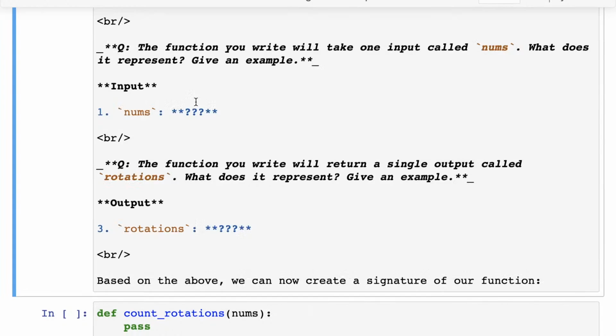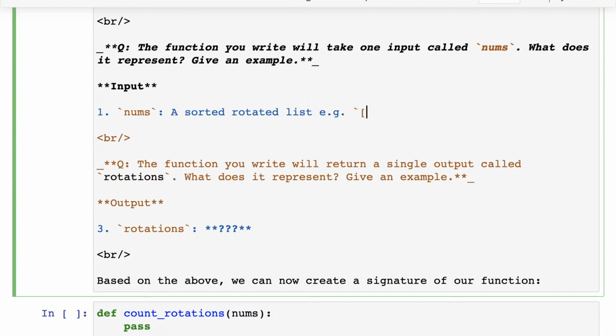Okay. So once again, we double click on this, and one input is nums. So this is a sorted rotated list. And let's give an example here. Let's say we take the sorted list 3, 5, 6, 7, 9, and then we rotate it a few times.